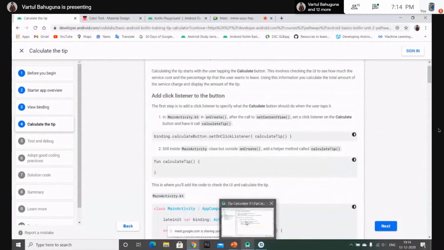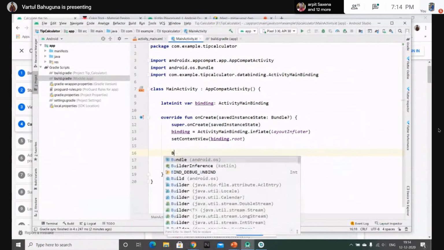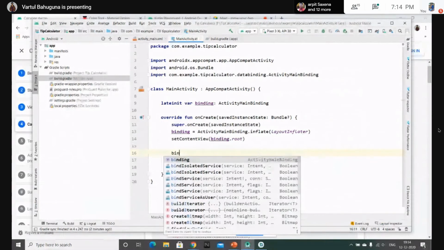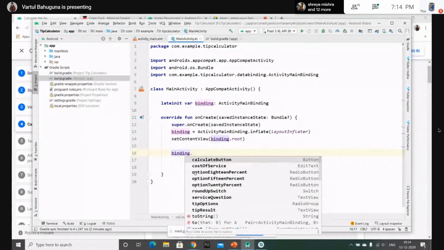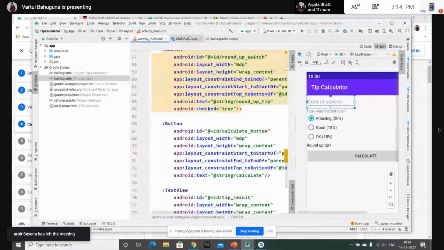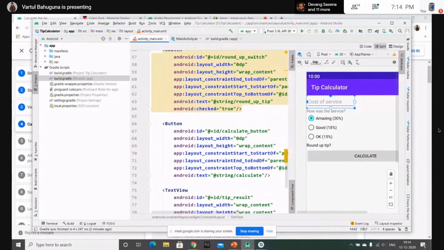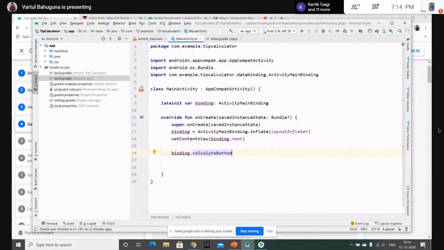let's set the property of the button, what the button should do when it is clicked. So type binding dot the ID of the button, that is calculateButton. Here you see that we have typed an underscore, and also the B is in small form, but when you're using the IDs through the binding, everything is converted to camel case form.